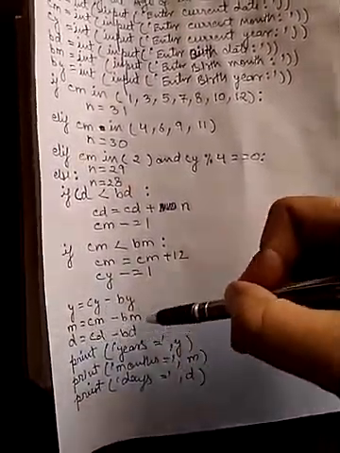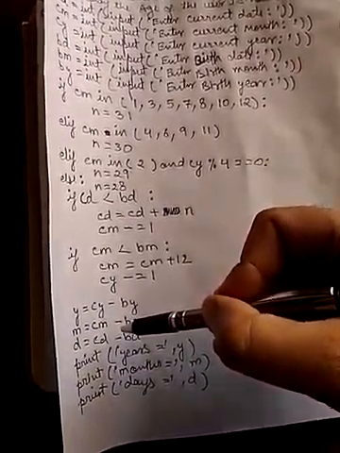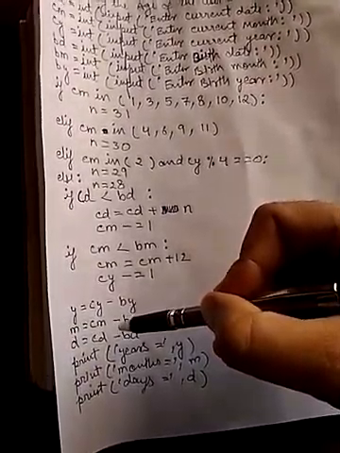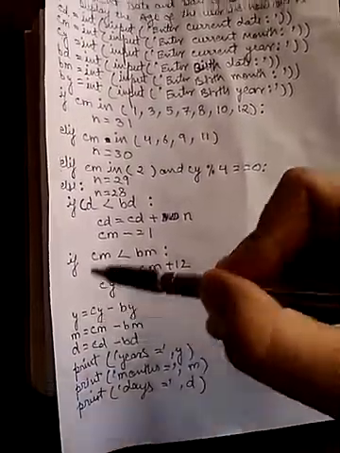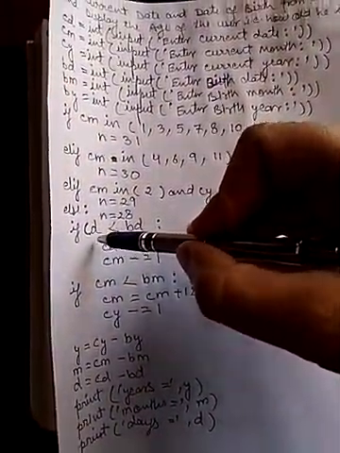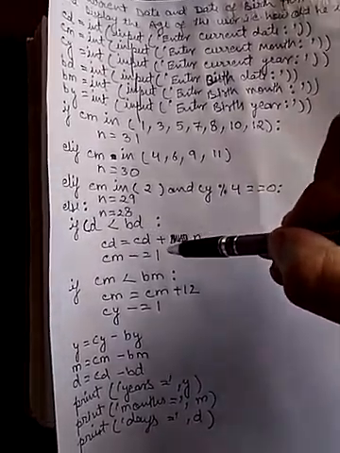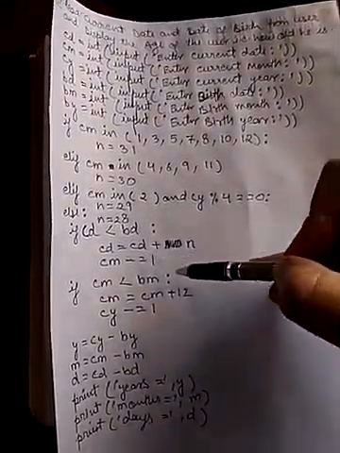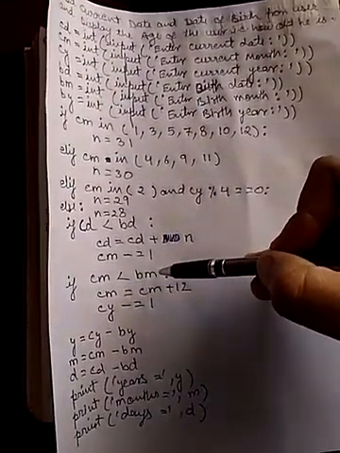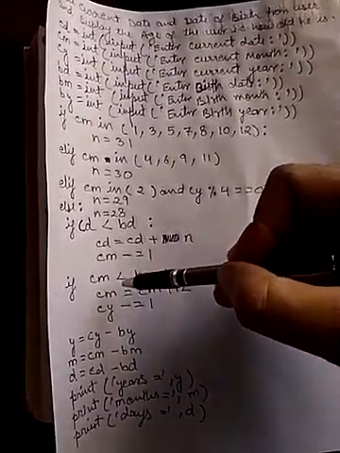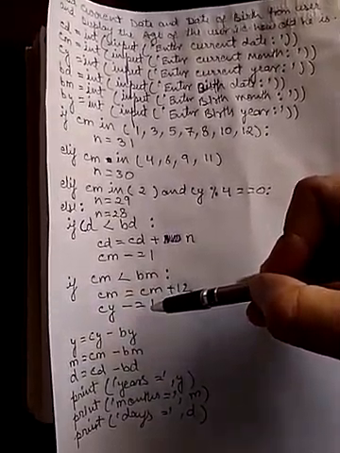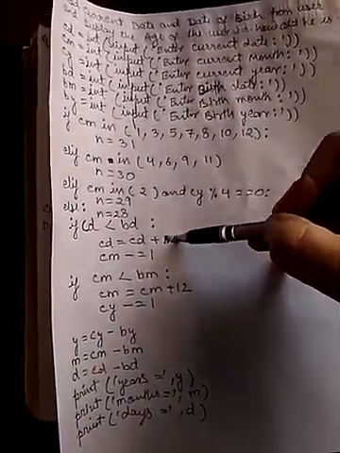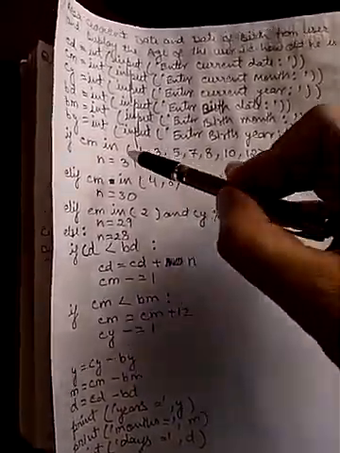If it is not possible to subtract, then we have to check whether the value of the current date and current month is smaller than the birth date or birth month. So we have first checked if the value of the current date is smaller than the birth date, then we have added the number of days in the current date and subtracted the month. If the current month is smaller than the birth month, then we have added 12 months in the current month and subtracted the year.